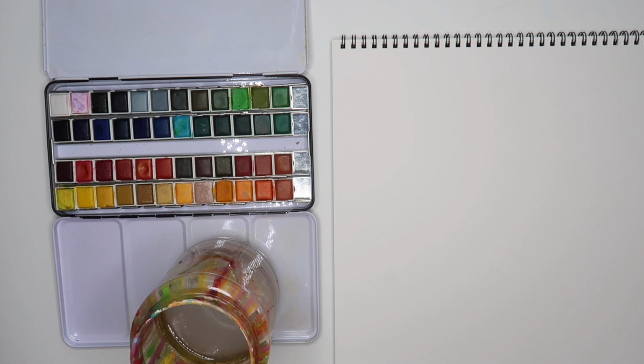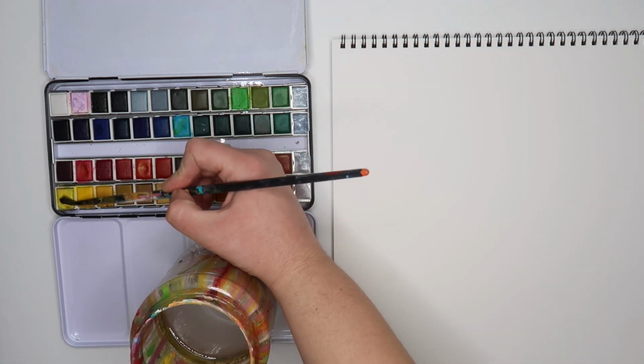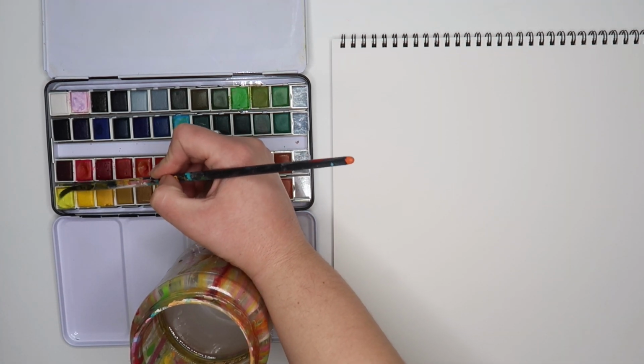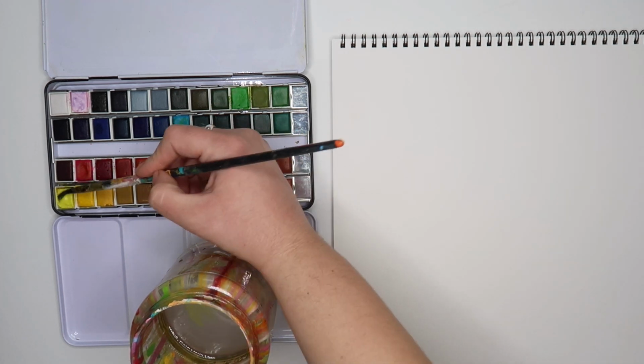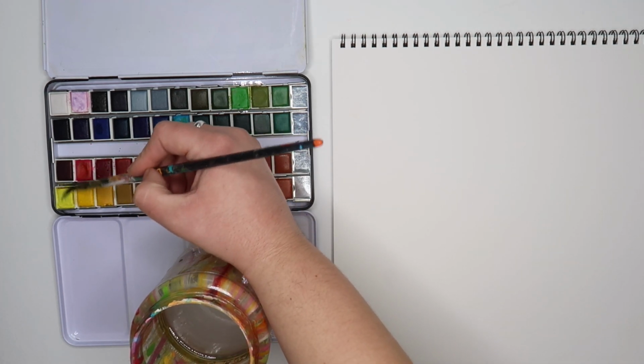I won't make you watch it each time, but I did do this for nearly every paint in the pan. Like the next time I painted with this palette, I didn't need to do that again. So it's kind of just breaking it in for the first time. Okay, and now let's see each of our colors. Starting with the first row, we have